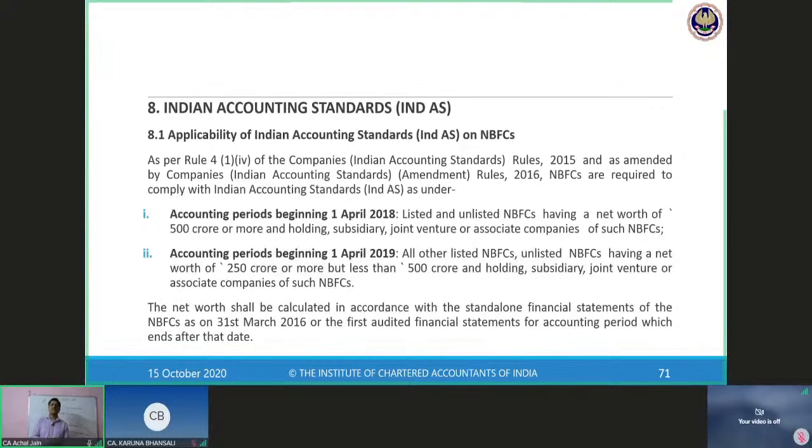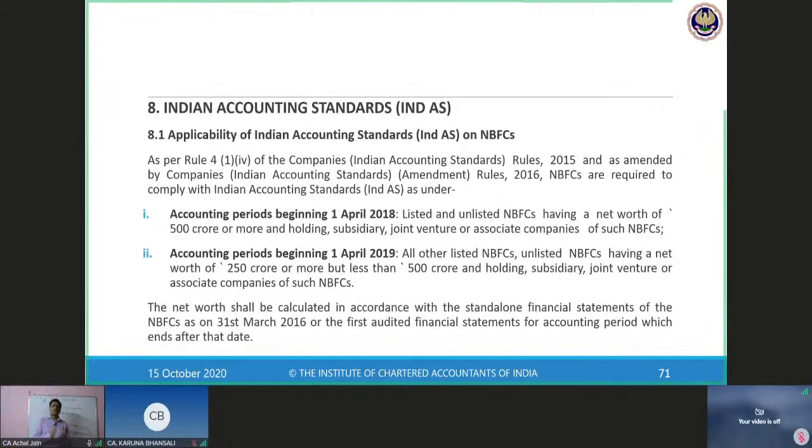So NBFCs having net worth of 250 crore or more, which were not covered in phase 1, not covered in 1819, got covered in 1920. Similar to phase 1, any holding, subsidiary, JV, associate of these NBFCs which got covered in phase 2